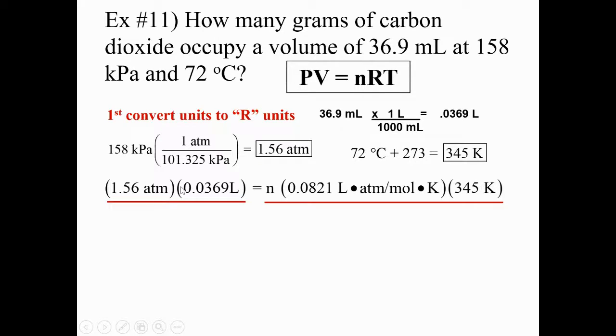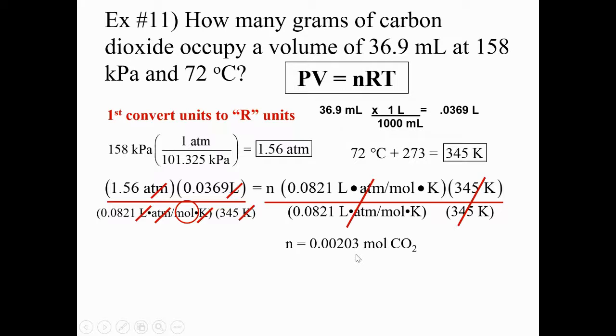1.56 atmospheres times 0.0369 liters equals N times 0.0821 times 345. Again, rearrange the equation to solve for N. So I divide both sides. This is what I am putting into my calculator. 1.56 times 0.0369, divided by 0.0821, divided by 345. Now remember, you are solving for N. N is not grams, N is moles. So the answer that you get is